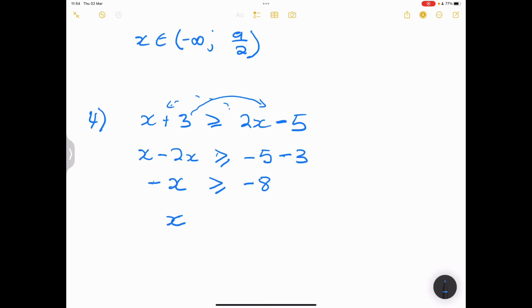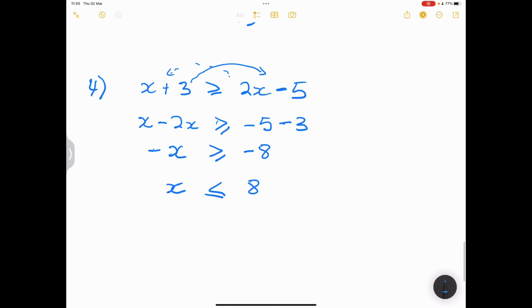Remember, we said positive 8 rather. When I multiply by negative, the inequality sign changes. So x is less than or equal to 8. So therefore, what happens in this case? If I write it in